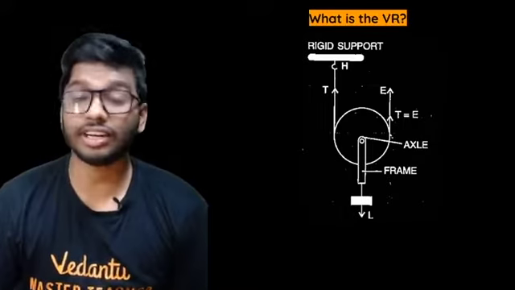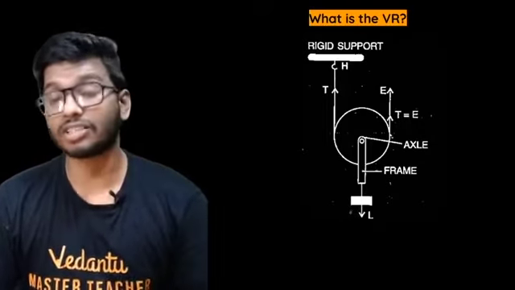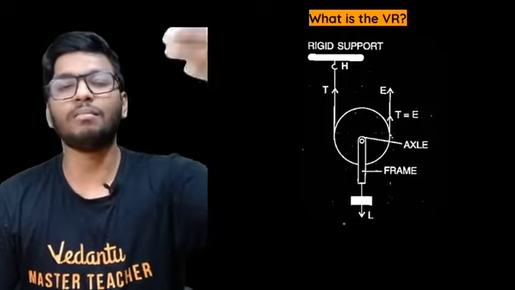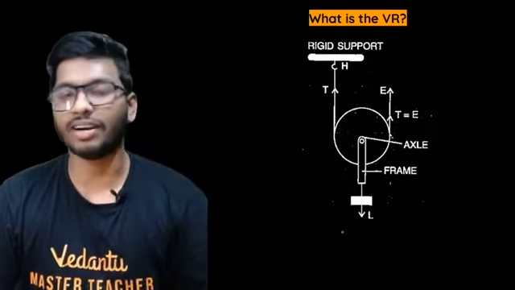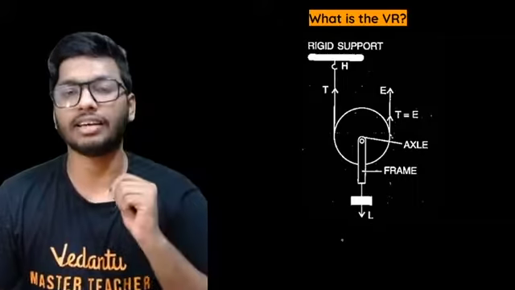Now to talk about the velocity ratio. If you want to find out the velocity ratio, what is the formula for velocity ratio? The distance moved by the effort divided by the distance moved by the load. But here's the thing, guys. In this situation,